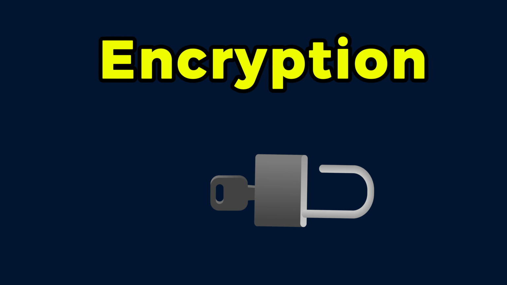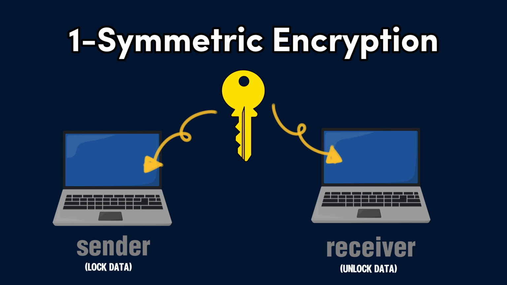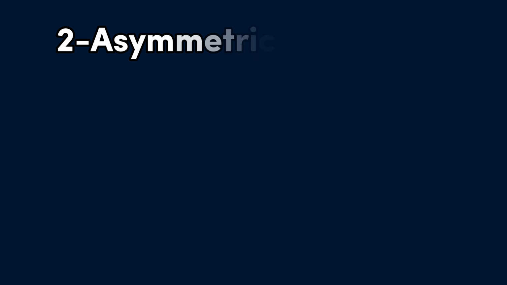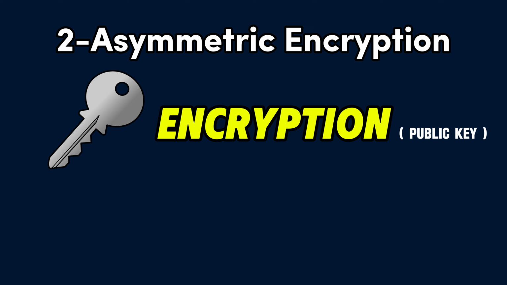open. There are two main types: symmetric encryption, where the same key is used to lock and unlock data, and asymmetric encryption, which uses a public key for encryption and a private key for decryption, as seen in HTTPS securing